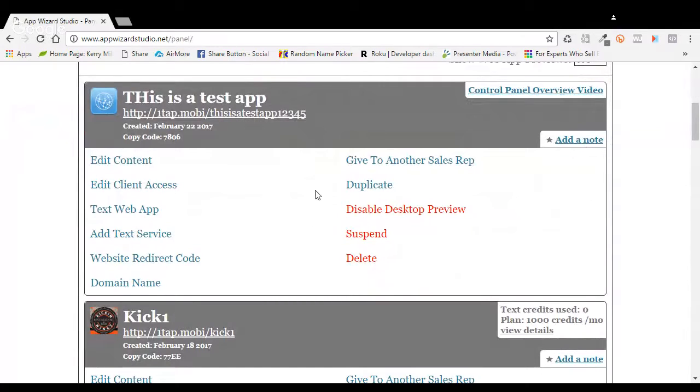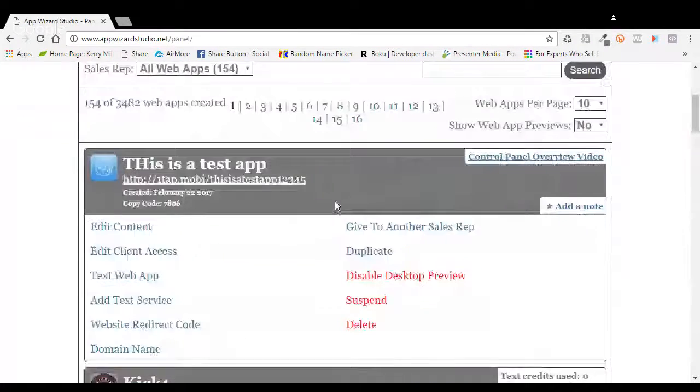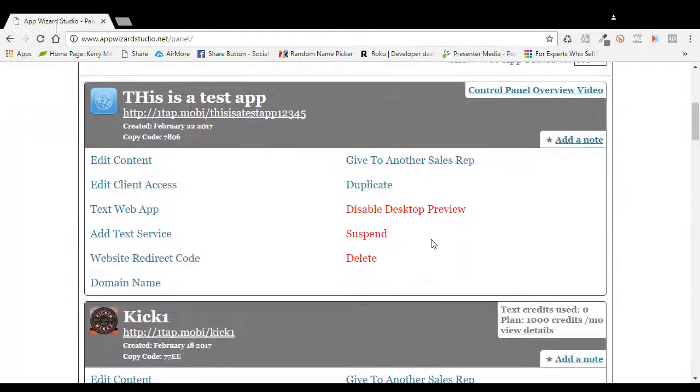Now, some people ask, I'll go ahead and show you this while I'm here. You can see this is 154 of 3,482 apps. What happens if I delete an app? The app goes right back into the pool. You never lose your apps. So if someone drops out or they don't pay you or whatever, your app will be,